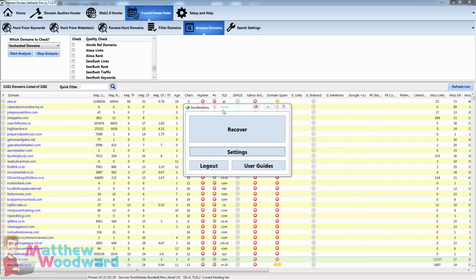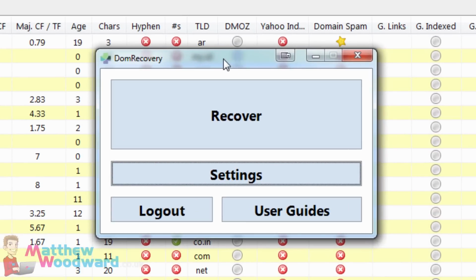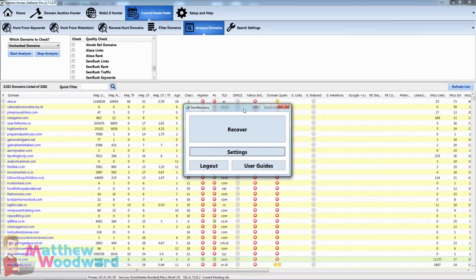So the last thing I'm going to cover is this awesome bonus tool that is included with Domain Hunter Gatherer Pro, and it's called DOM Recovery. Now, it doesn't look like much right here, it's just this little box that you see in front of us, and normally this sells for $97 a month on its own, but this is actually included with Domain Hunter Gatherer Pro for free. What this simple tool does is, let's say you found a domain that's really cool, really good metrics, and now you need to build the site. You've got two options. You can either rebuild the site manually, or you can use this tool to recover the site from an old